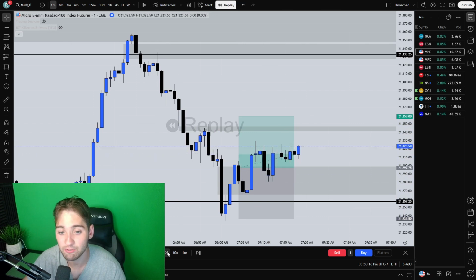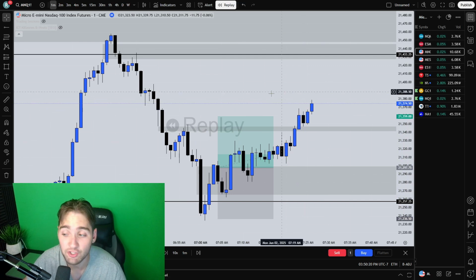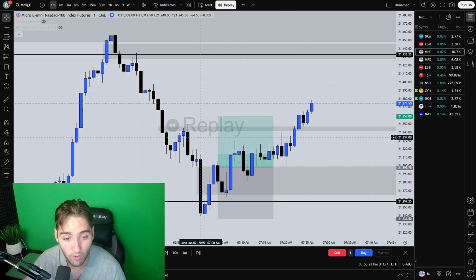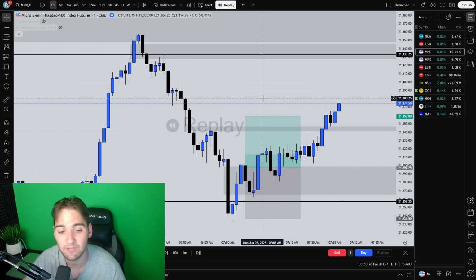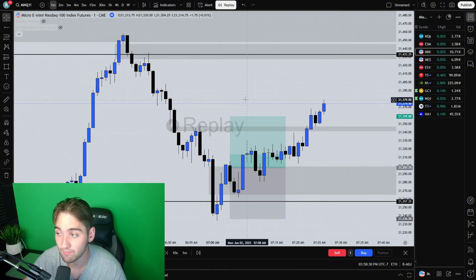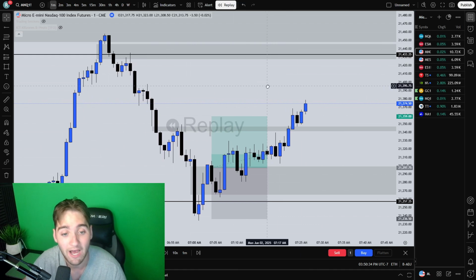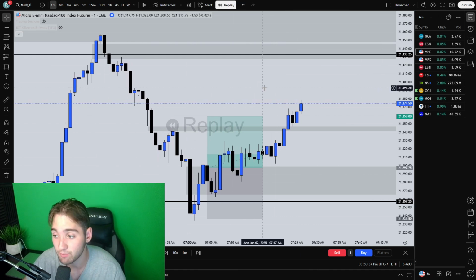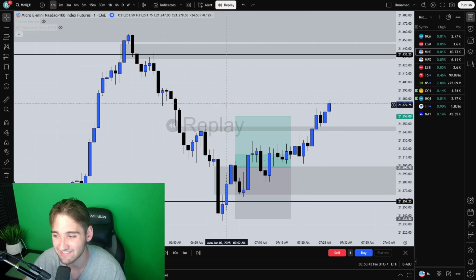Price comes up, uses this fair value gap as support. Boom, there's your 1-to-1. I did not take this trade because there was news coming out at literally right at 7, and I like to wait at least 10 minutes after news. So I ended up not taking this trade. Even though I saw it, I'm like, you know what, this is probably going to hit. But since there's news, I'm not going to take this because it would violate my rules. I don't like to trade when there's news. I could trade before news a little bit, but if I trade right during news, it's not good.